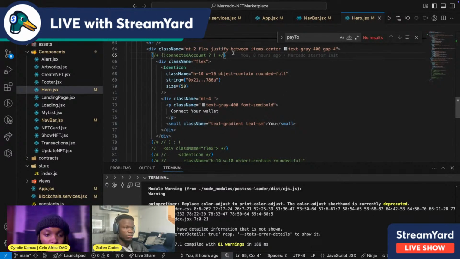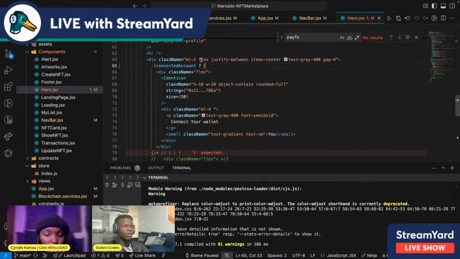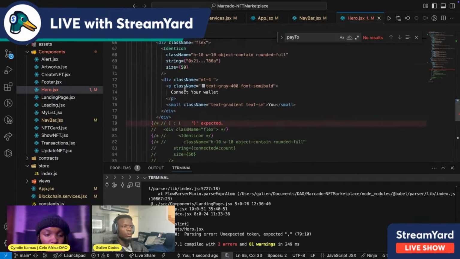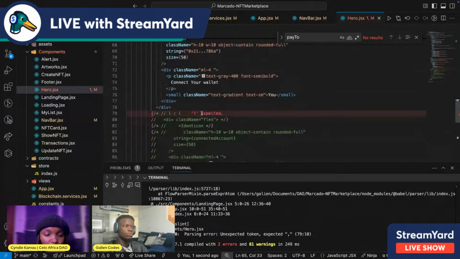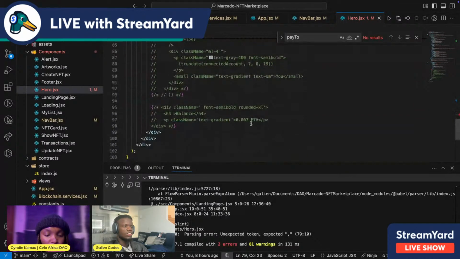So if we have the account, it's the same thing. We're just displaying the address, same as what we did on the navbar. We just grab the address. If it's connected, we print it. If it's not connected, we print this. If it's connected, we print the icon plus the wallet address, which is already truncated. Truncating an address is making sure it's just as short as